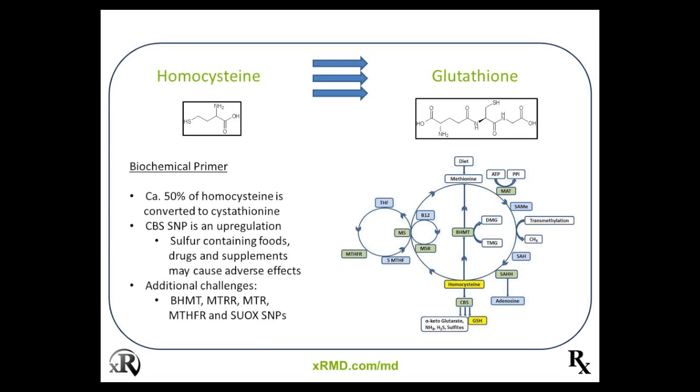And sulfur, of course, sulfites are metabolized by an enzyme called SUOX, which is beyond the scope of today's talk. But nevertheless, if you overburden that enzyme, often you're going to have sulfite sensitivities that ensue. Additional challenges at this step of the pathway are if you have more polymorphisms than just the CBS polymorphism. So if you have a single nucleotide polymorphism with a gene that codes for BHMT, for the gene that codes for MSR, methionine synthase, or methyl tetrahydrofolate reductase, any combination of polymorphisms in those genes are going to complicate the